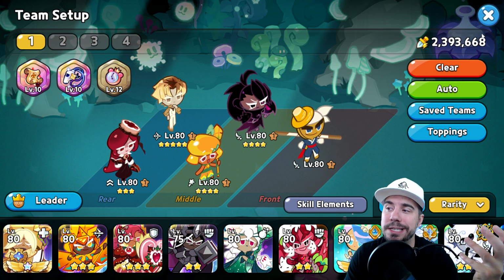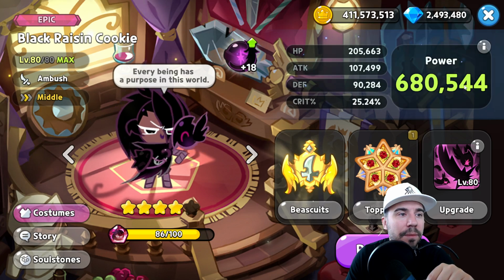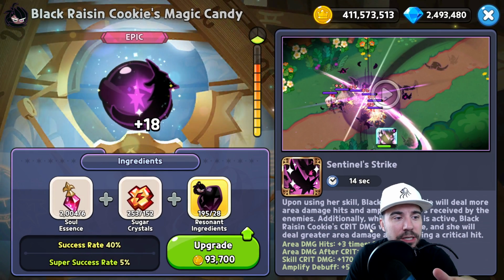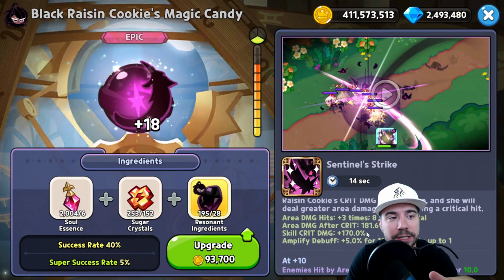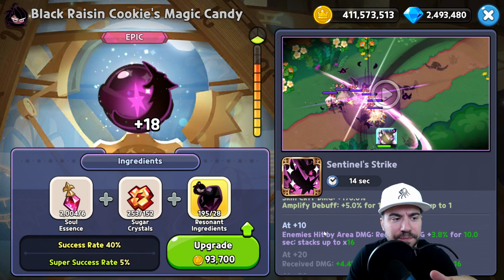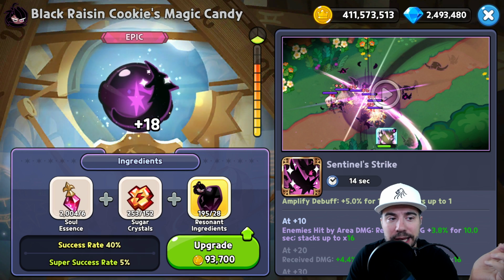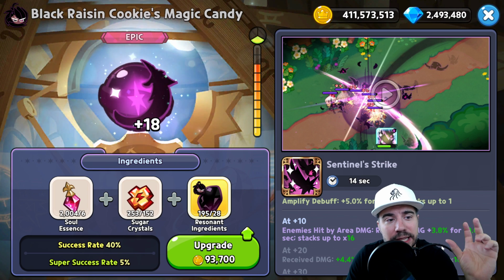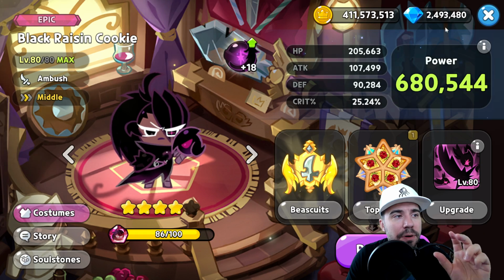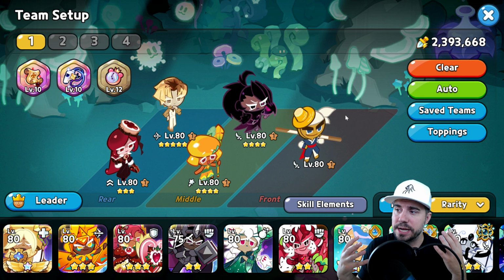Now again, increasing the damage on that side, and then additionally we do have similar with Black Raisin here. You can see where we're at with our Black Raisin magic candy at 18. Could get this one a little bit higher, but again, you got area damage, you got area damage after crit, skill crit damage, and amplify debuff plus 5% stacks up to 1, and then enemies hit by damage receive 3.8% for 10 seconds stacks up to 16. So again, getting that received damage up, the buff, single target damage, really making this a powerhouse in terms of that team. And then so all the defense reductions in there, all the pure damages in there,